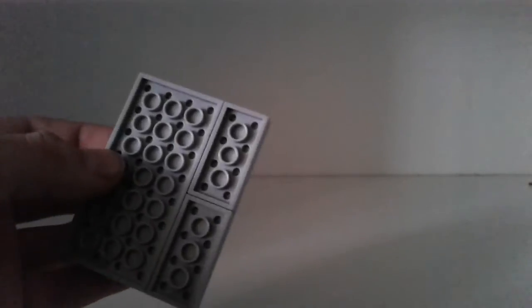So next, you're going to have to take a 6x8 plate in light gray and a 2x8 plate and a 4x8 plate and a 2x8 plate. I'm using two 2x4s, and yeah, pause the video here to build. And yeah, so next,